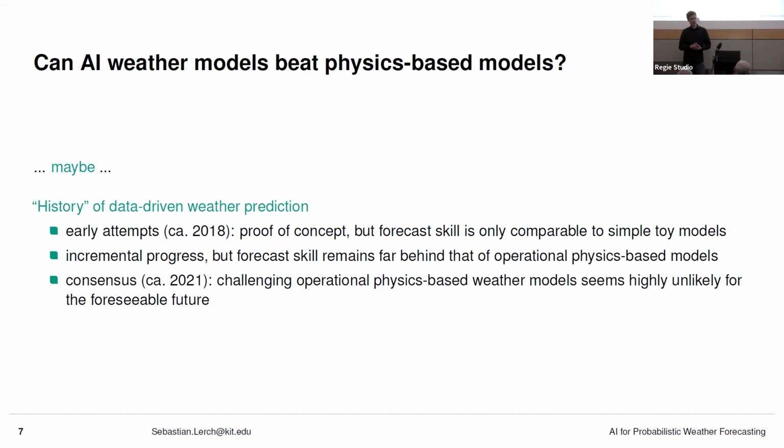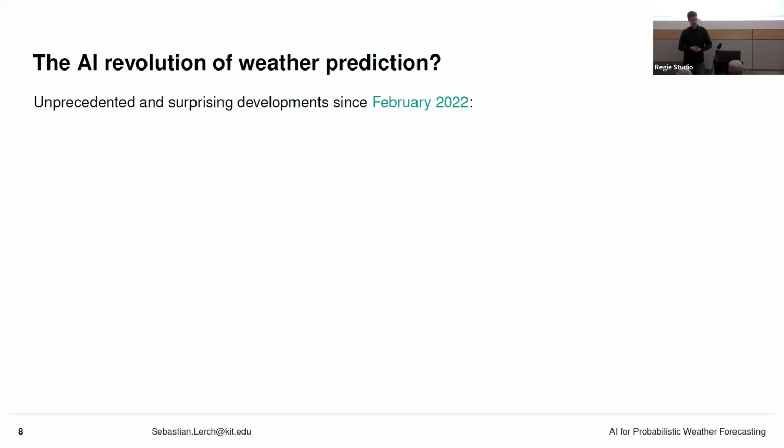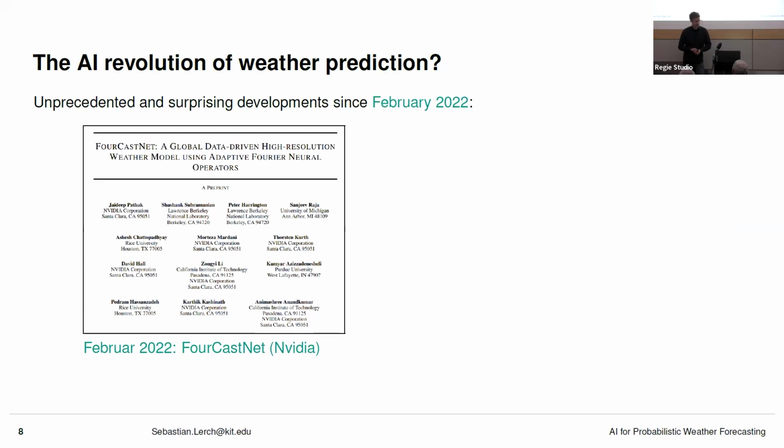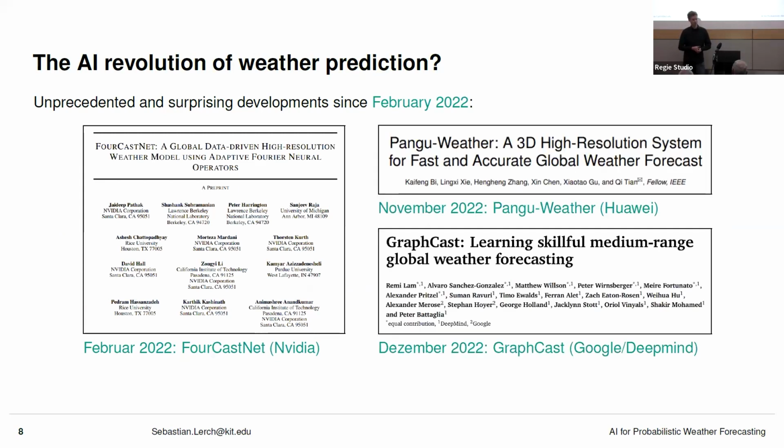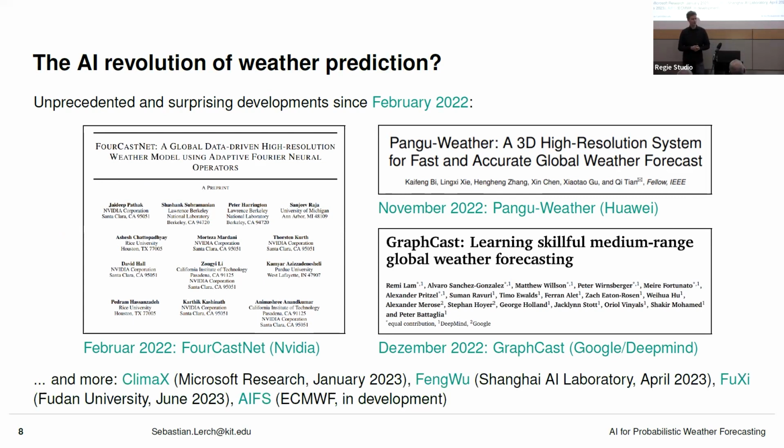So 3 years ago, there was a broad consensus that it would seem unlikely that these AI-based models would be able to challenge really operational physics-based models. And many popular meteorologists went on the record and wrote in their papers that this is not going to happen in the next decades. It turned out they were wrong. And just 1 year later, so over the past 2 years, there have been some unprecedented and to many surprising developments. So what happened is that in a short span of time, starting here February 2 years ago, and then continued over time, different models were being proposed, so different AI models for weather forecasting. ForecastNet model, Pangu-Weather model, GraphCast model, and this development has essentially continued.